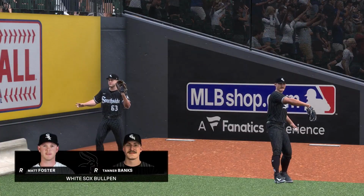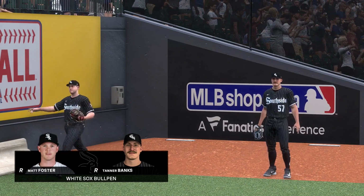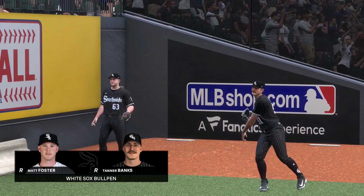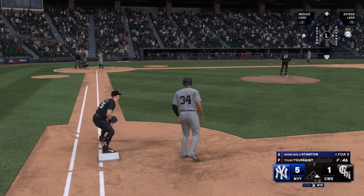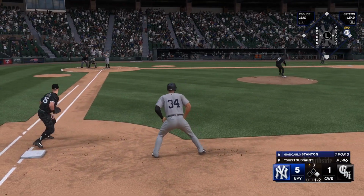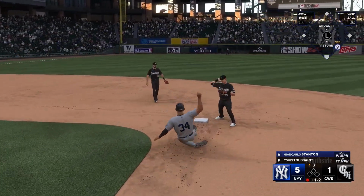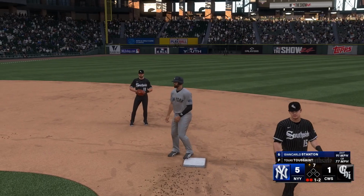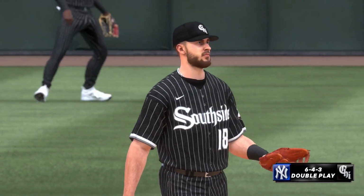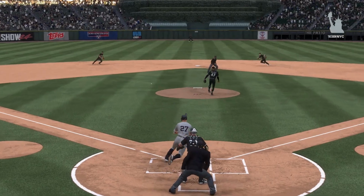Double-barreled action in the bullpen. Matt Foster preparing to come on if needed. Banks, a left-hander, also throwing. Here you go. On the ground, could be 2. Over to Lopez, 1. On to first, double play. The third baseman,